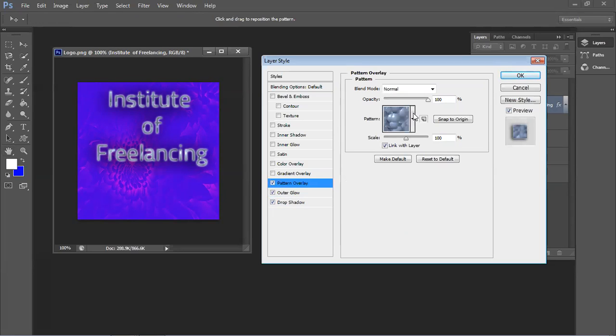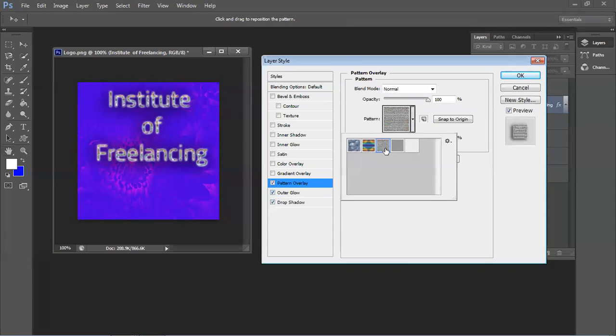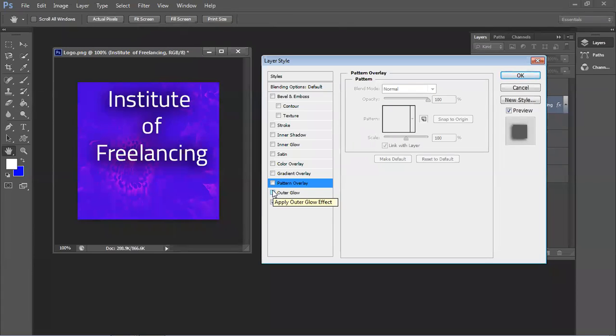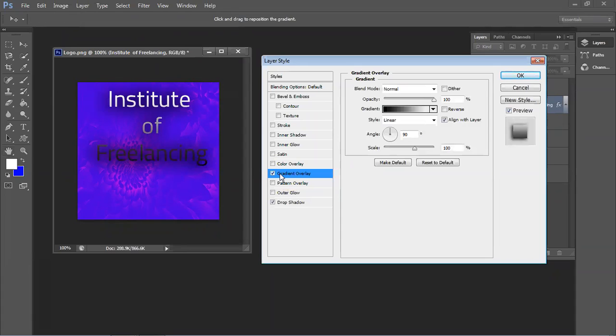Further you can go towards applying a pattern on it, so just click on this pattern and here we go. Different types of patterns which you can apply on any text. How to make patterns, how can you create your own pattern, that is something I'll give you a complete lecture on in the coming days, okay. So that's how we apply different patterns. So let's suppose I quickly uncheck the pattern and the outer glow too, I am not interested in going for this. But the interesting one is the gradient overlay. Gradient overlay